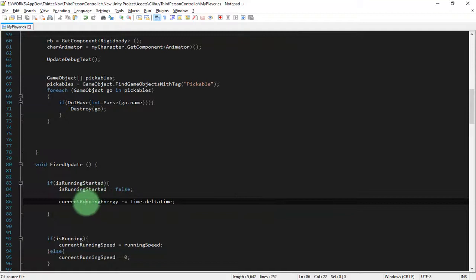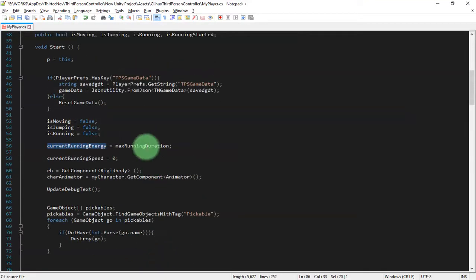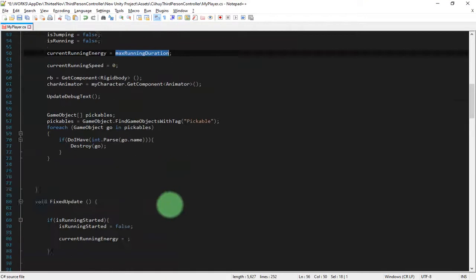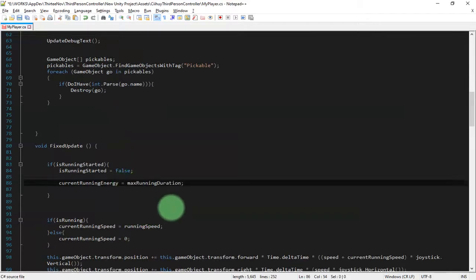The correct way is, here we set the current running energy not to be reduced by Time.deltaTime, but instead we need to set its value to be the same as this max running duration. Okay, this way.